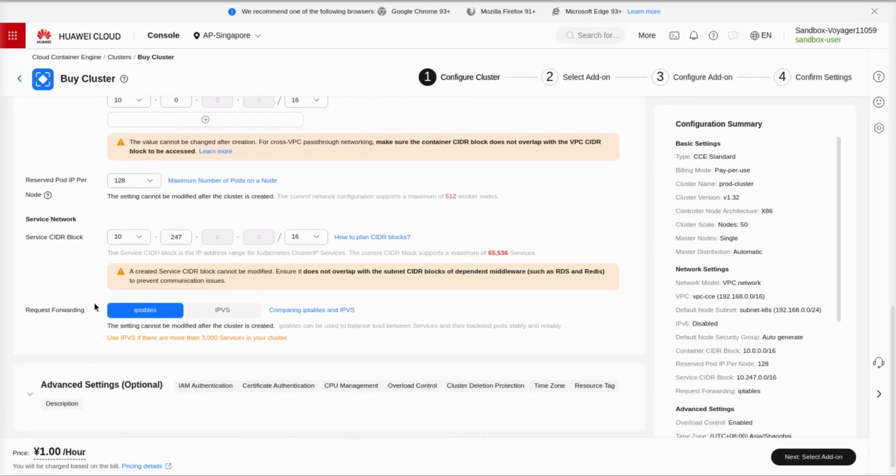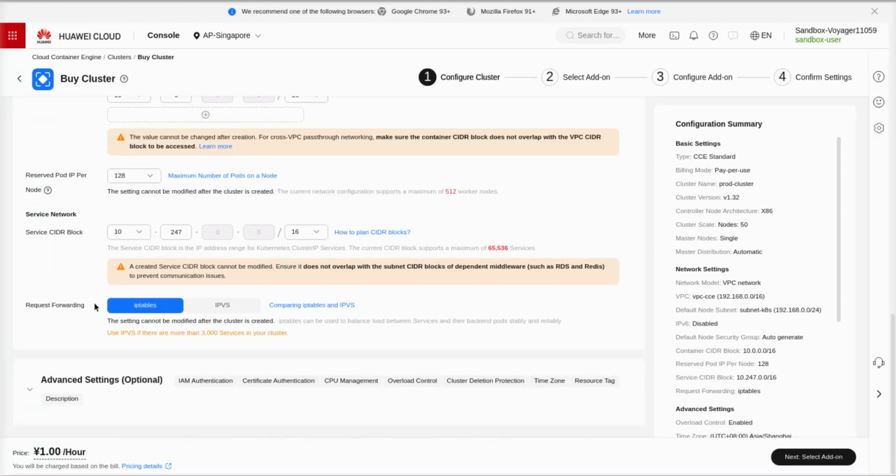Okay, request forwarding. Kubernetes can use multiple technologies to forward packets. Mostly used is IP tables, although there are other ones that are not even listed here, but IP tables and IPVS. If you want to read about that, you can check this or check other stuff. That's not really important for us to know right now. So let's go with IP tables. You don't really need to configure anything in advanced settings. So next we go